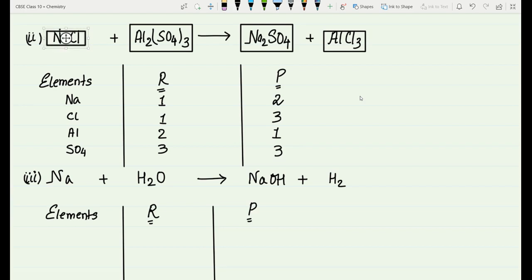So first we will just, aluminium is 2 over there, aluminium is 1 over there. So we will just multiply with 2. So we will write 2 over there. So aluminium gets balanced, and how much we have now? We have 6 chlorine. So aluminium जब balance हो गया तब chlorine भी change हो जाएगा, ये भी 6. So now we have what? 1 Cl,